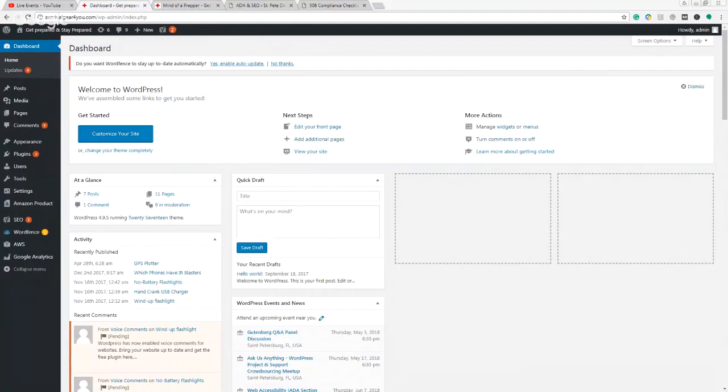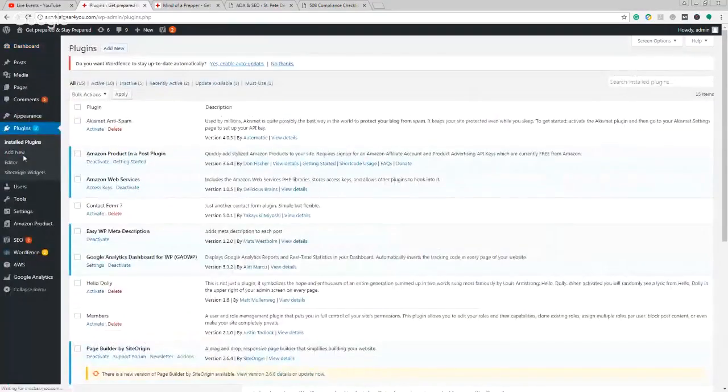We just launched this plugin on the WordPress repository, and it's great for developers trying to make their sites or software Section 508 compliant. All right, right here on the dashboard, we're going to go to plugins,